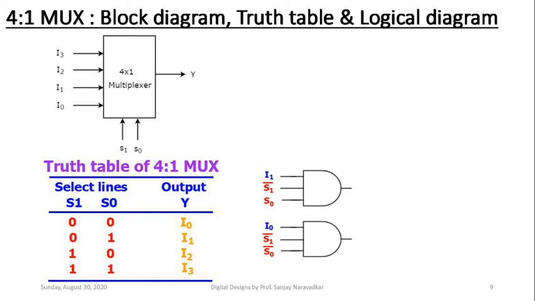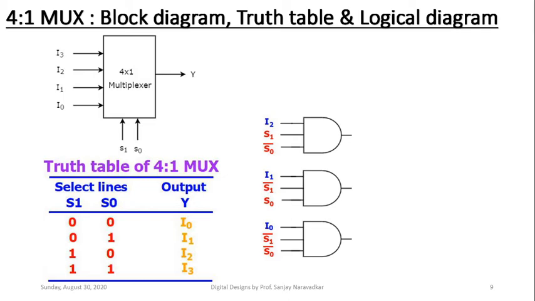Then the third AND gate will be just above this second, where I want to develop the logic for steering I2 to that final output, where S1 is equal to 1 and S0 is equal to 0, from the third entry of this truth table. So the inputs for that third AND gate from the bottom, which is currently at the top shown here now, are I2, S1, S0 bar.